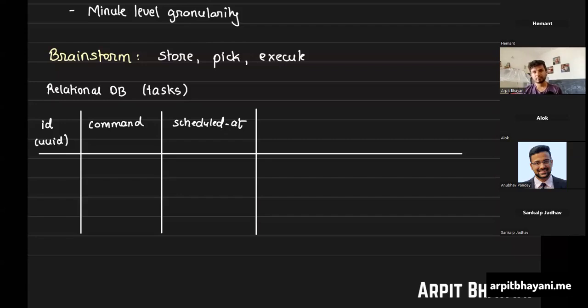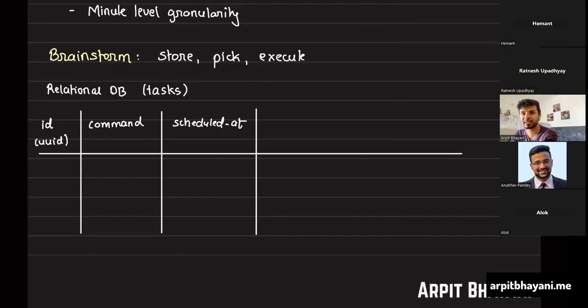Maybe we can have a few things around enabled, disabled, can be done, not be done. No, everything has to be executed. You just need to store whether it has successfully completed or not. Because you need to show the user that this successfully completed, or rather this failed, and this is the error log.